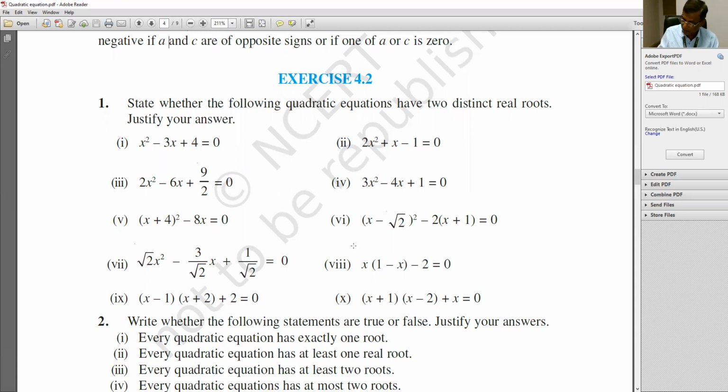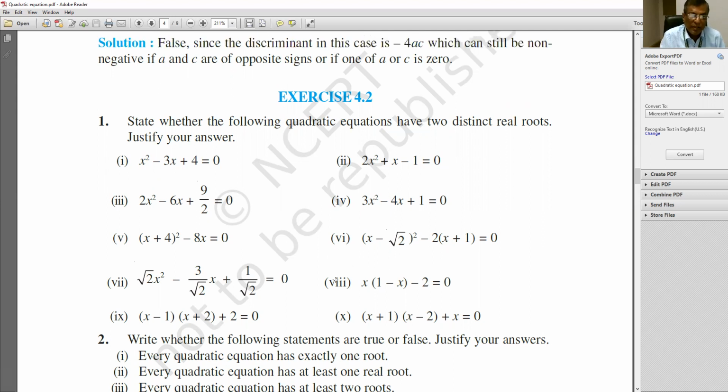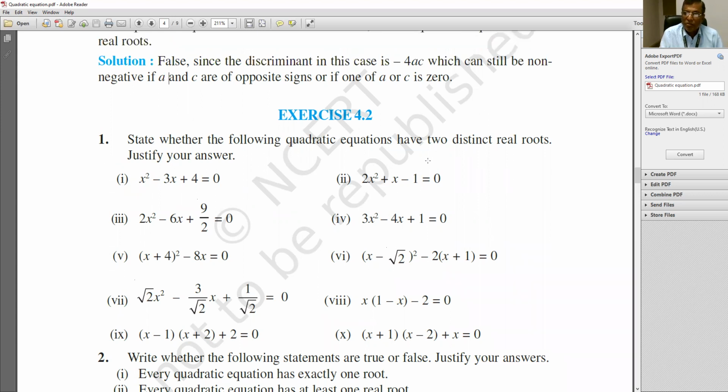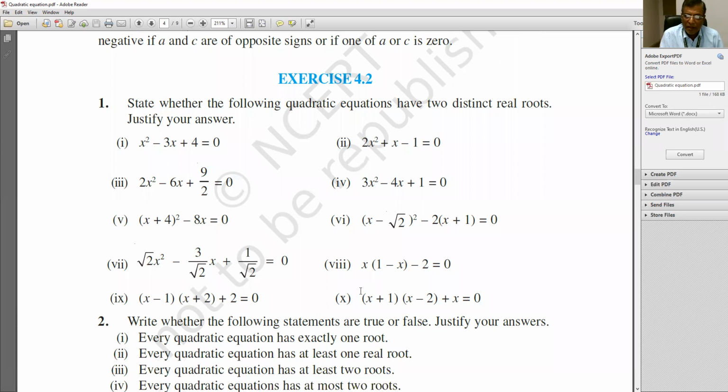Minus 3 whole square means 9, 4 into 4 is 16. 9 minus 16 means minus 7, less than 0, negative. So this equation is giving you a negative discriminant. So in case of D less than 0, we can't get any real root. So there is no question of distinct real roots for question number 1. Similarly, you should find D of this 2,